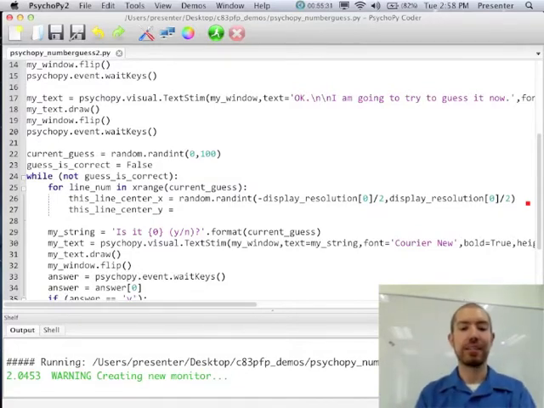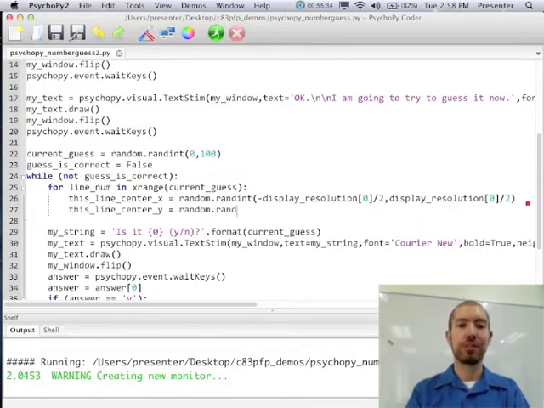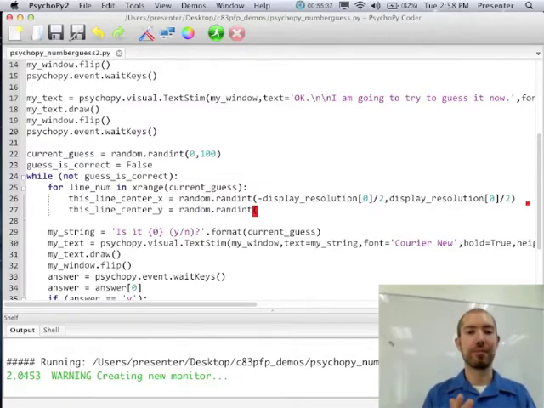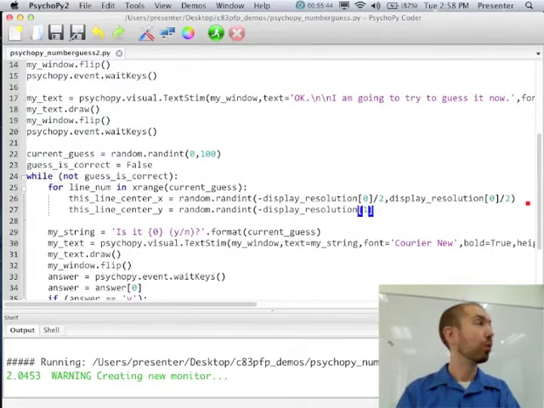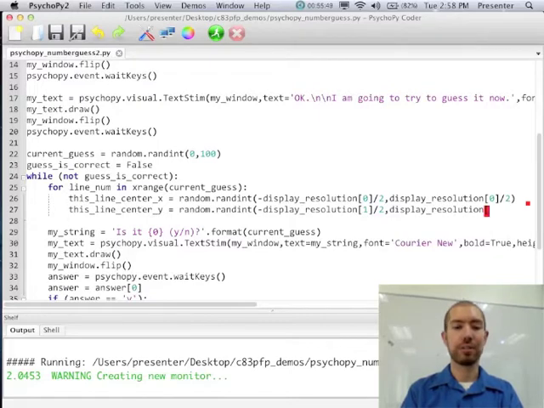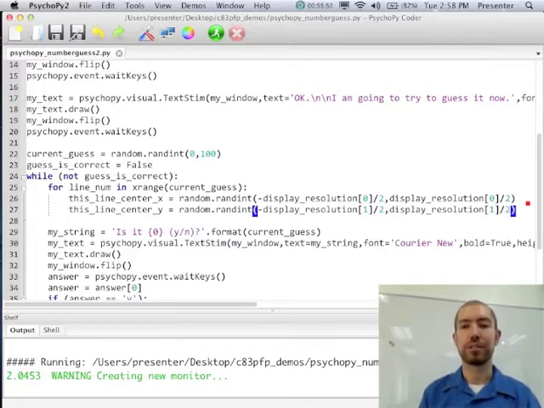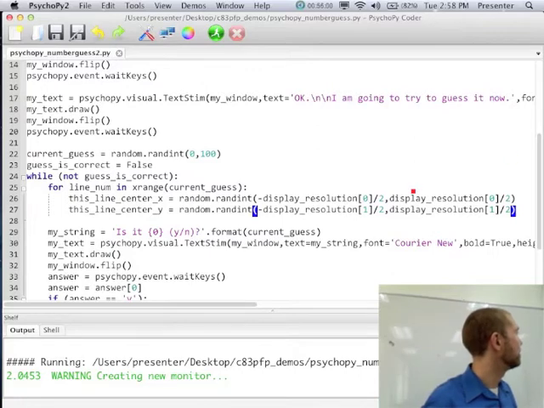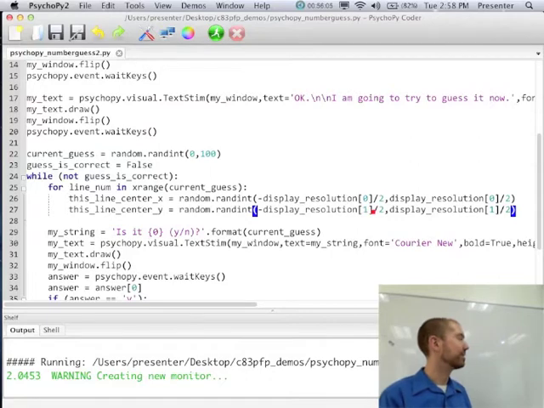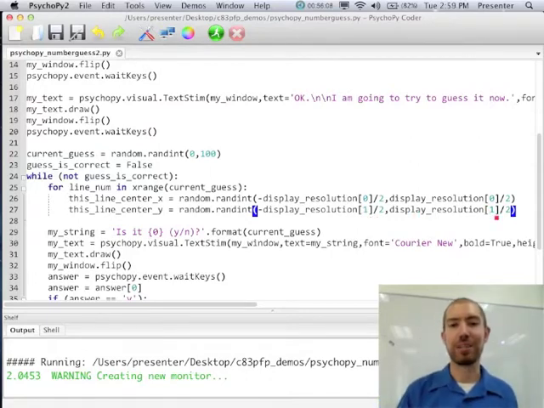Okay, so I'll start to write mine as you're finishing yours up. Of course, it's going to require generating another random integer. And it's still going to go from a negative value to a positive value. But it's going to use display resolution 1, like we just said, and divide that by 2 to get the range on the left side and the range on the right side. Okay, is that what everybody got, hopefully? So just taking the previous line but changing it from the 0th element, really meaning the first element of display resolution, to the 1th element, really meaning the second element of display resolution.